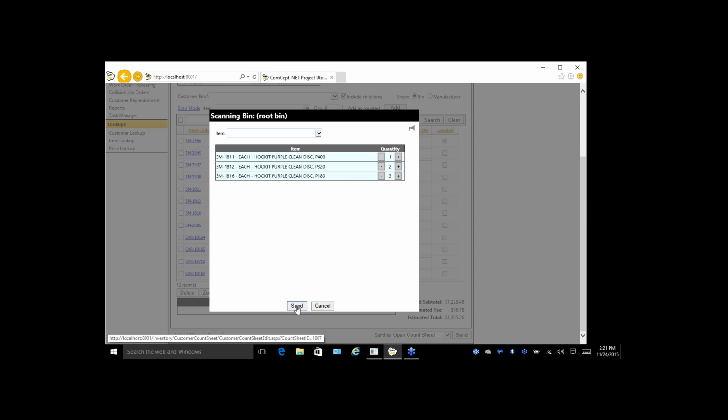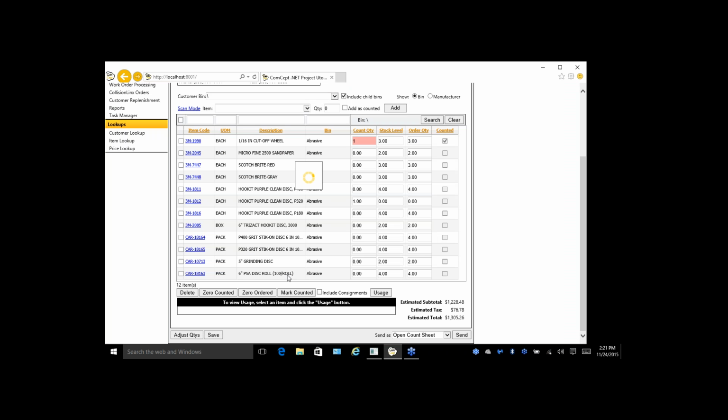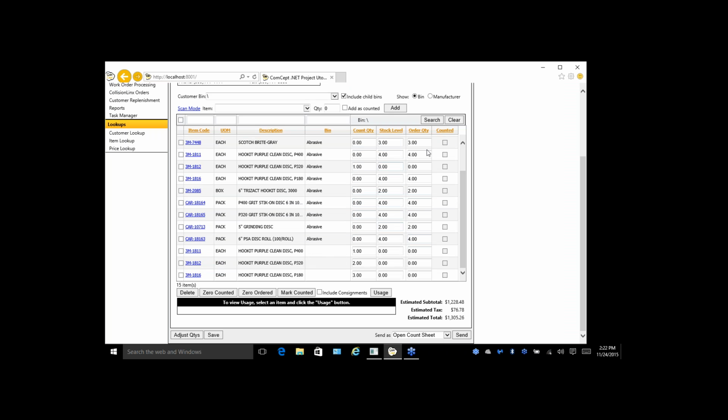Once I've got those, I can send those through. That will update on the count sheet. And then it's also adjusting your order quantity approximations that you can then modify, and you can adjust the stock levels. Once you have that entire inventory done, you would then go ahead and choose how you want to send that